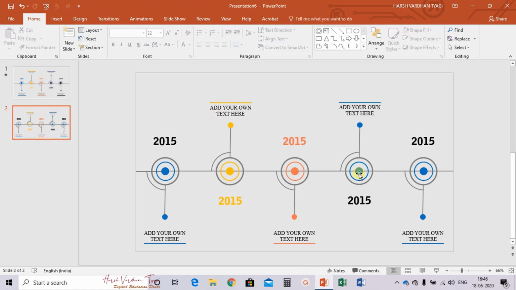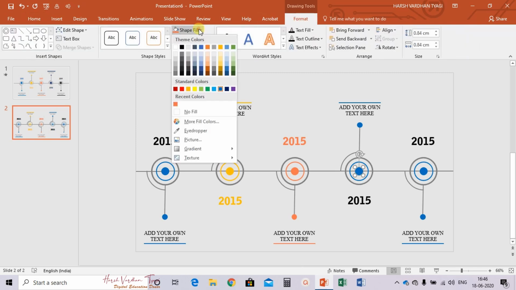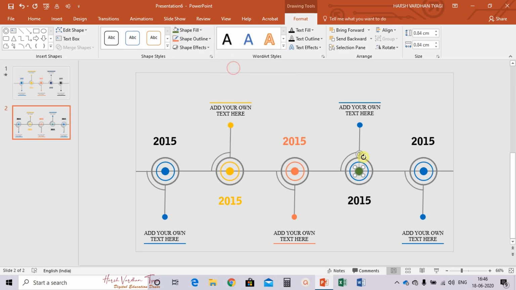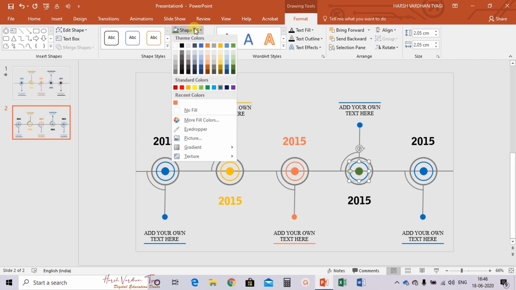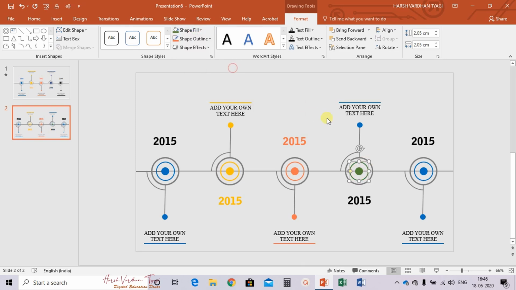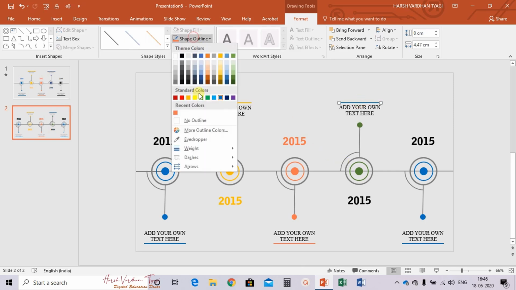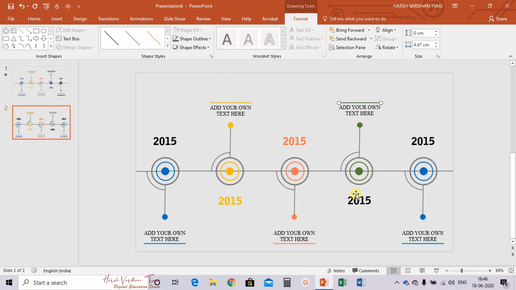Now again with this, for the fourth one, select this, go to format, shape fill, select dark blue, let us select green, a little green. You can select your own color of your own choice. It's not necessary that you have to select the same color what I am selecting. You have a choice that you can select the color of your own choice.